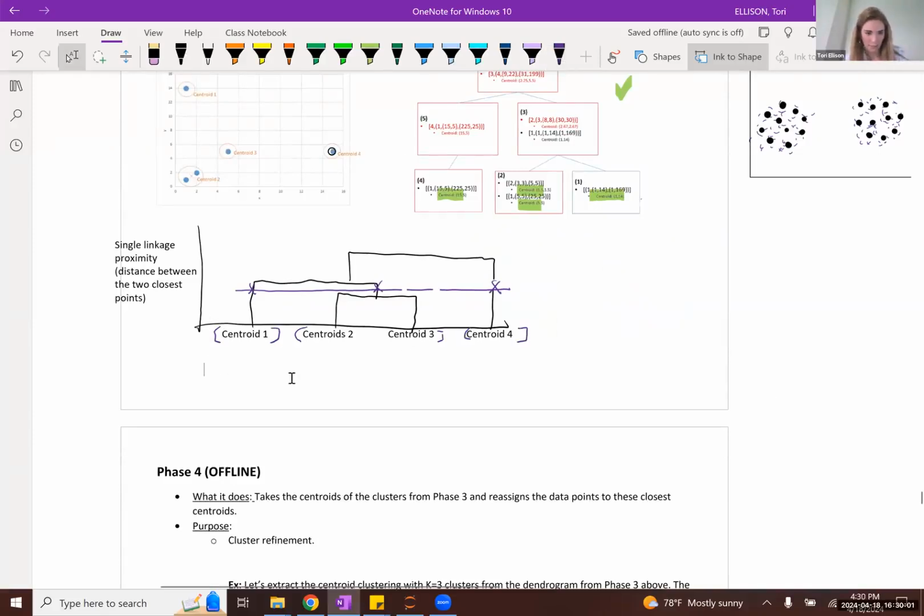This gives us centroid cluster 1, this gives me centroid cluster 2, and this gives me centroid cluster 3.